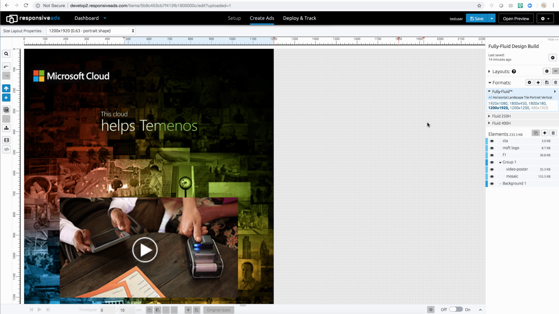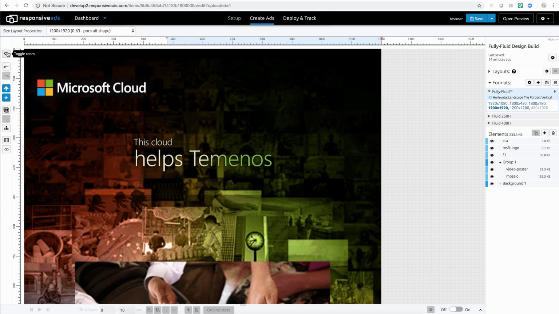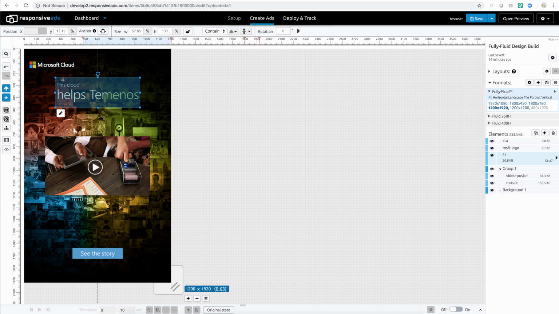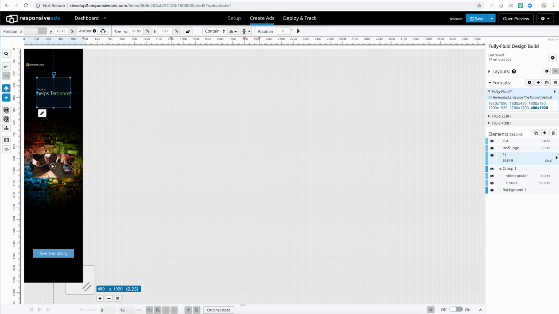And then I'm going to click on the next size, which is the portrait. And the portrait looked like it automatically laid out very nicely. We'll maybe make this a little bit bigger. So as you can see here, you pretty much have to lay out 3 sizes, and then they automatically lay out. And then if I get down to here, the real thin one,